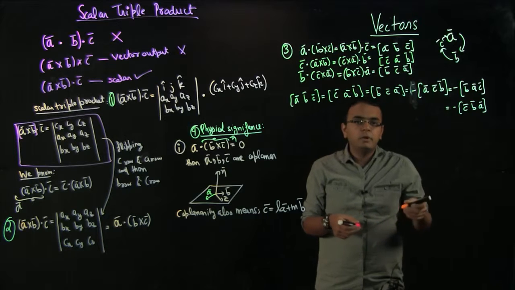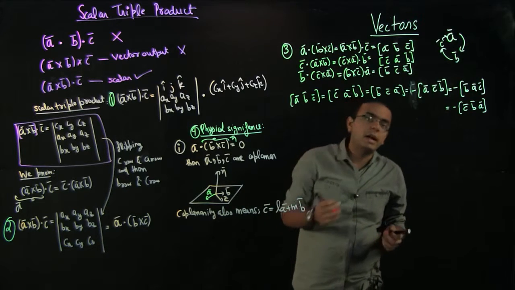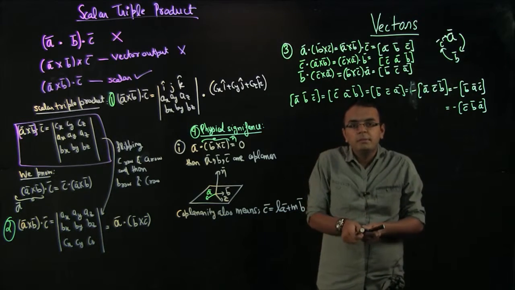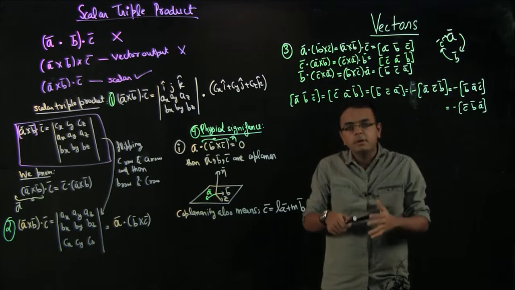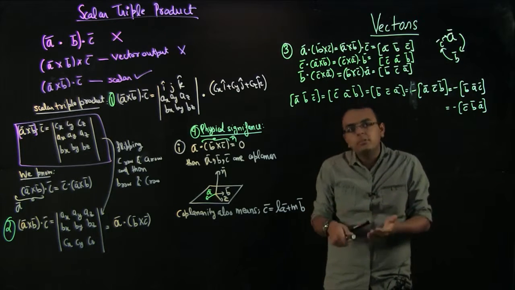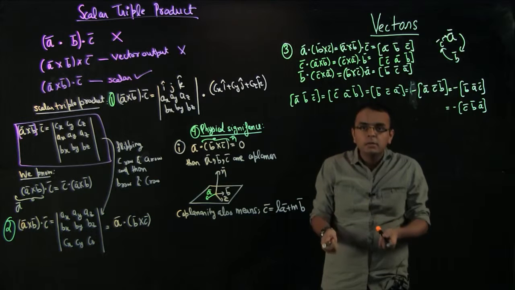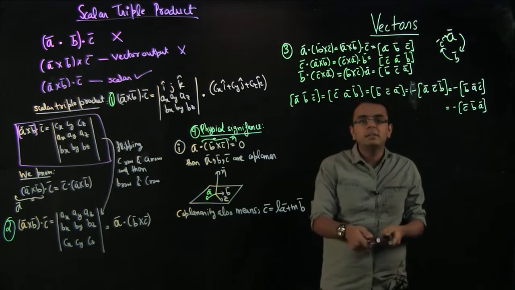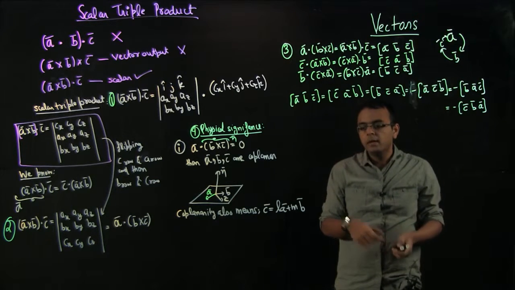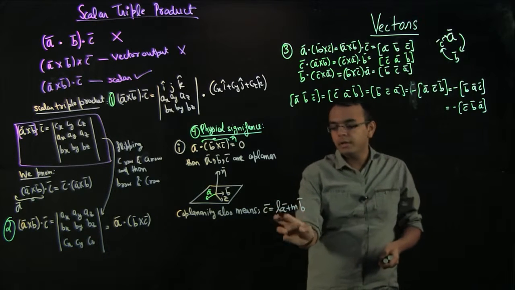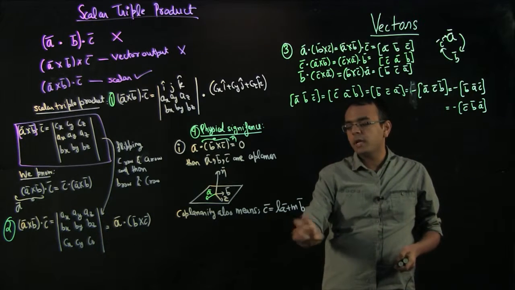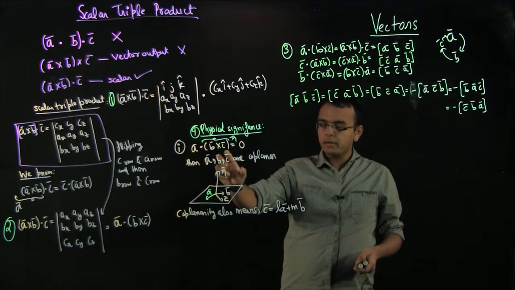Let us say you made one vector half, the other vector double, and then you are adding them. So you will basically be completing some sort of addition, and addition forces you to not leave that plane. That is why these three things are coplanar. And you can also imagine, if I put C is equal to LA plus MB here,